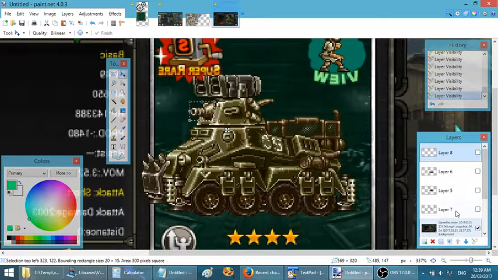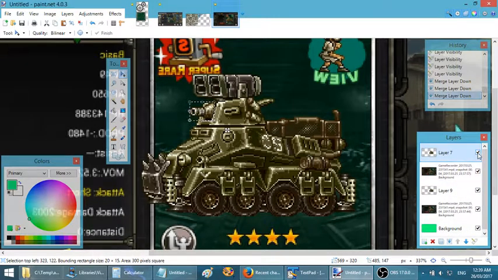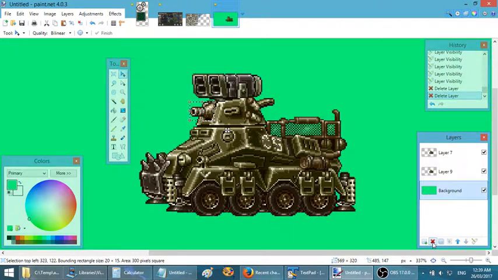Okay, so 4 frames. We've got the missile launcher on top, we've got the body on top of that, we've got the wheels on top of that, and we've got the turret on top of everything. Merge, merge, merge. And if we toggle the final sprite, you can see that it matches the screenshot underneath. So we can delete the screenshot layers,